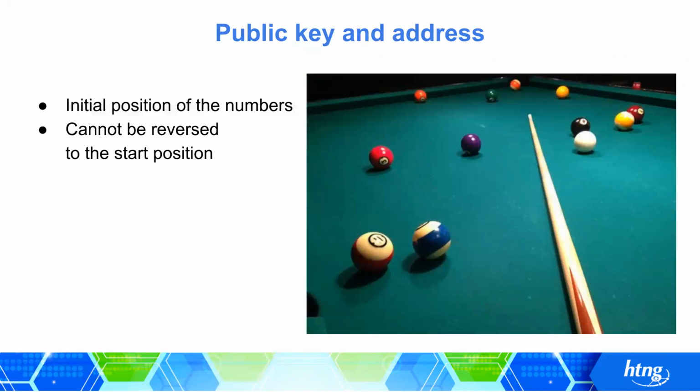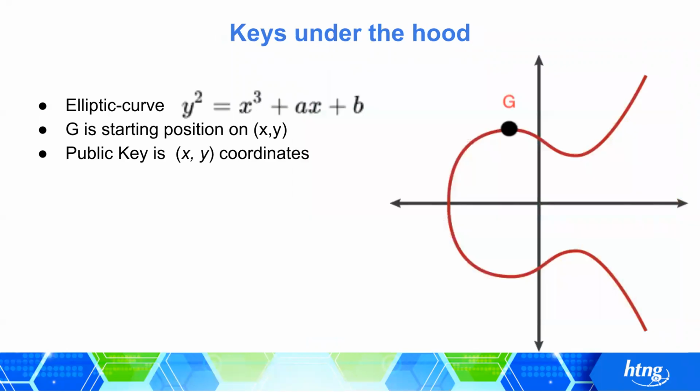And after knocking the start position of balls, we can see just mixed balls on the table. In this case, we can compare it with a public key, which was generated from the start position before we knock in this game. Of course, this is a simple example, but under the hood, we use math,